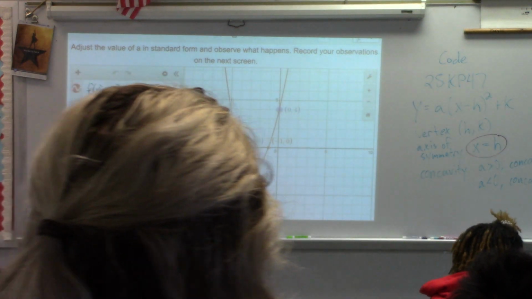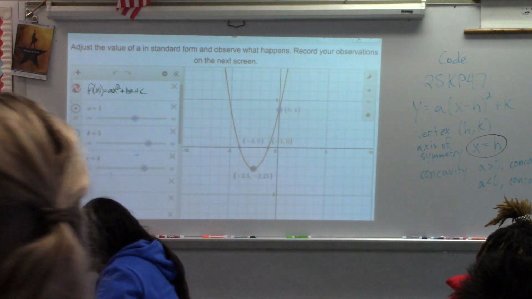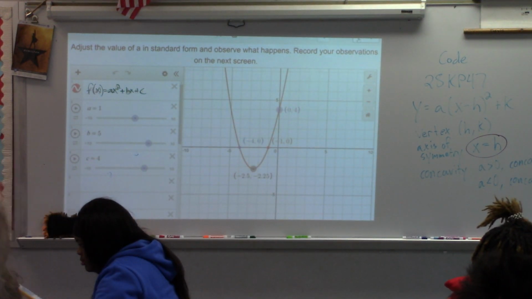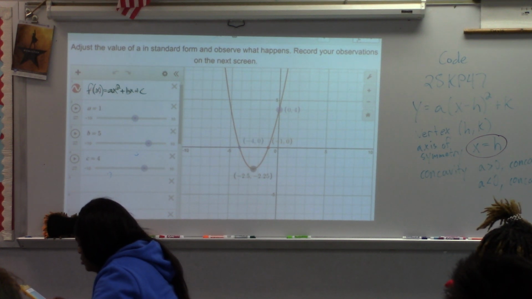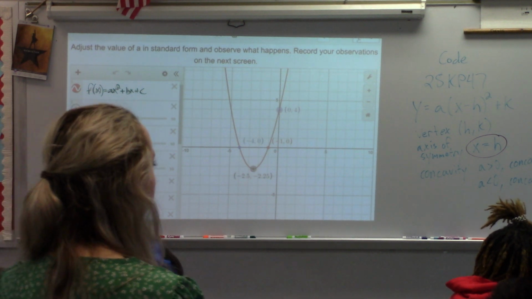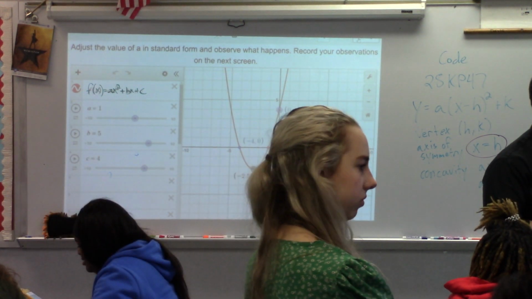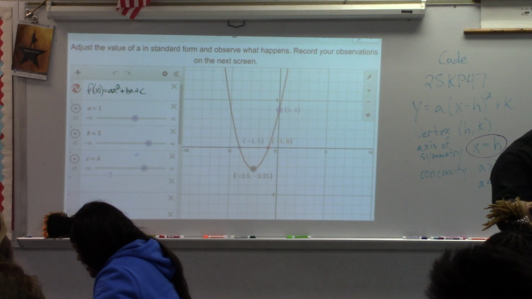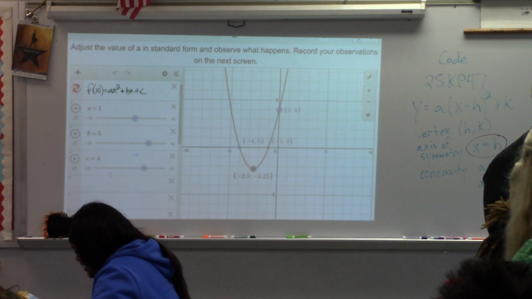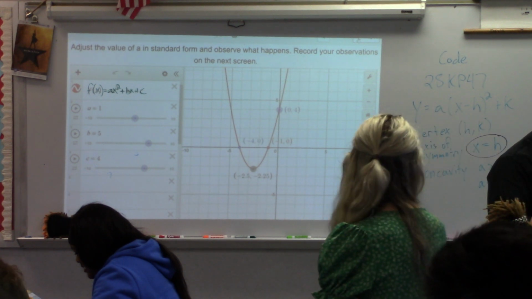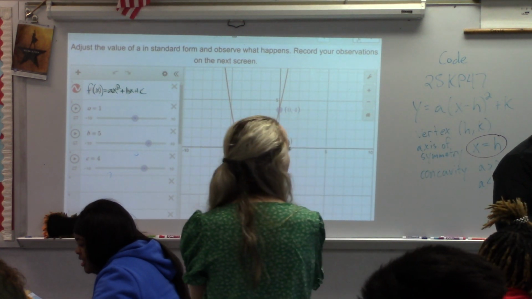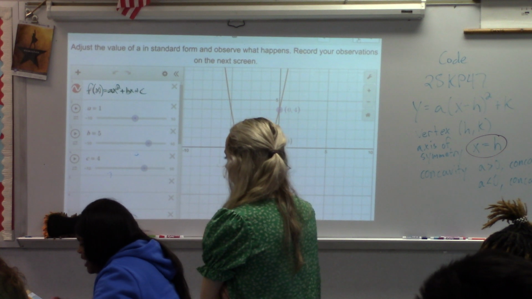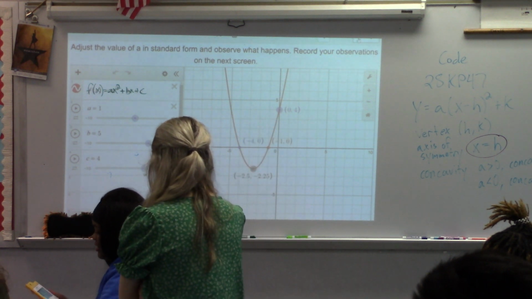So you're noticing, you're thinking that C is that purple point there? Yeah, I think C is the y-axis. Okay. What's that purple point called? But that purple point is called the what? Y-intercept. C is the, have I asked you to look at the, no, I